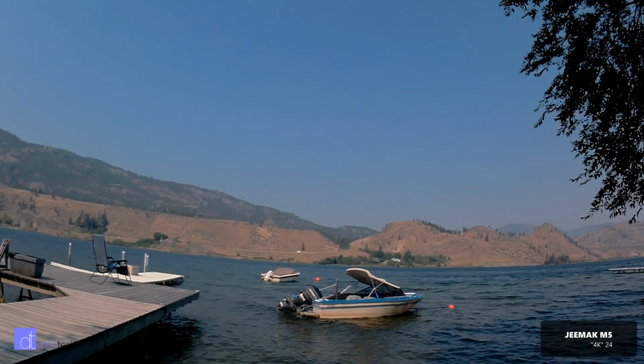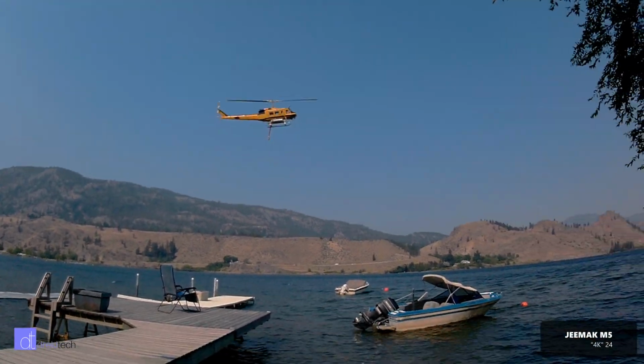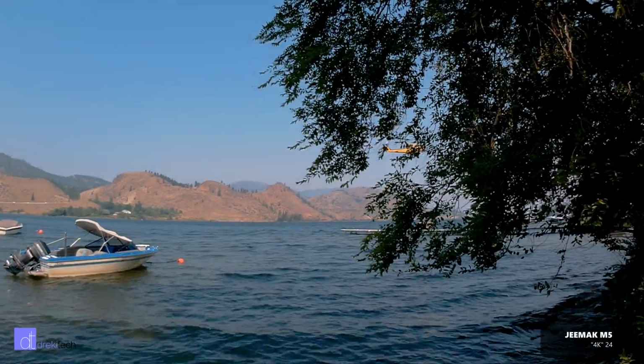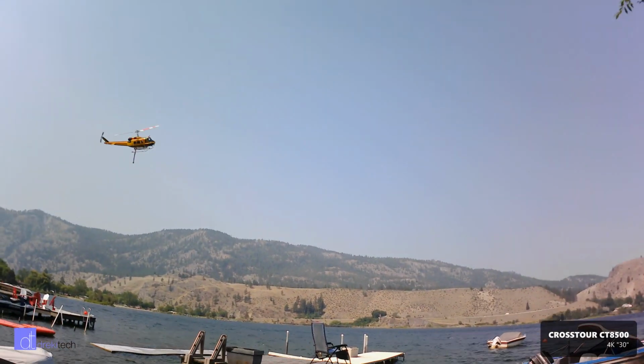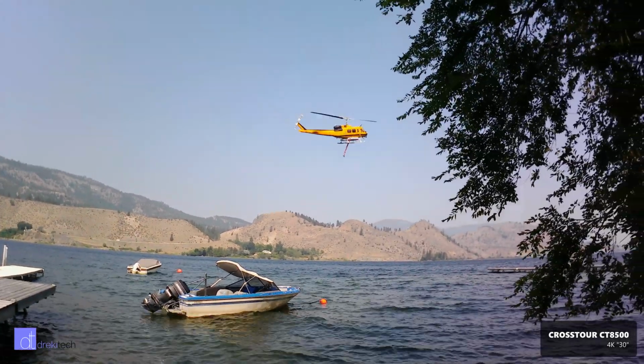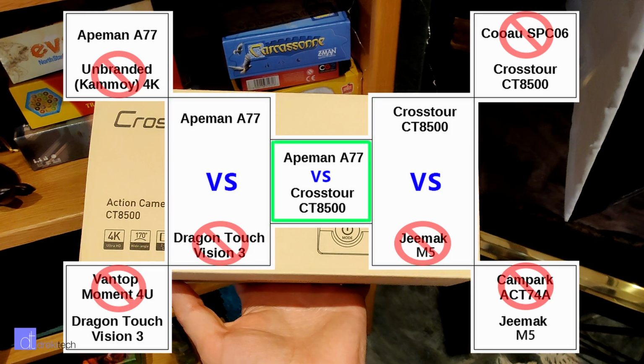Yeah, okay, so the CT8500 hands down far and above wins for audio quality. It's night and day. There is almost no comparison. All right, I think that settles it. Jeemak M5, say goodbye. A quick note here, the Crosstour CT8500, I would not recommend buying this camera even though